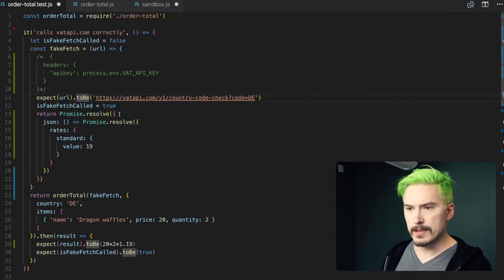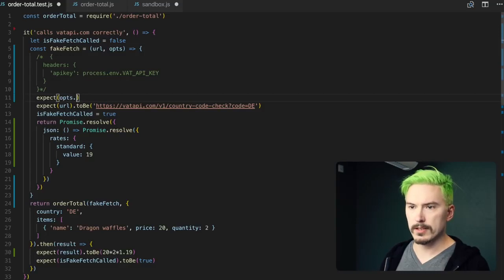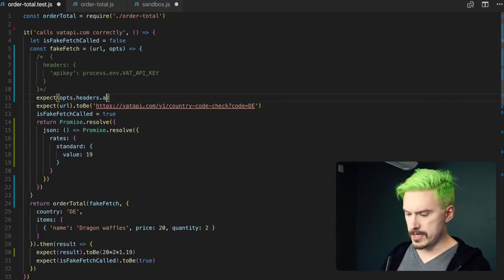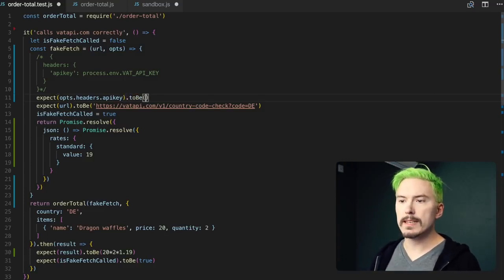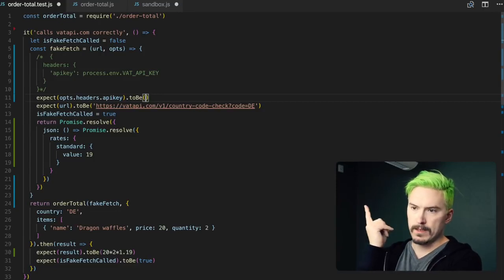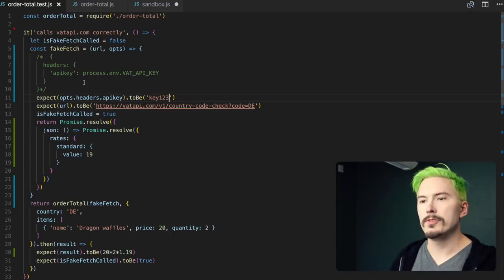But either way, this is going to be passed here as an options object. We're going to call it opts at least. And we expect opts to have headers, and we expect that to have an API key property, and we expect that to be key 1, 2, 3. So what is key 1, 2, 3? Well,